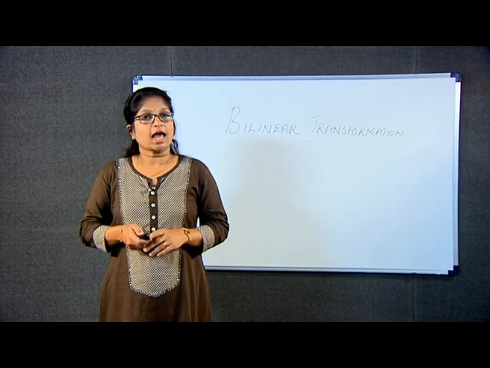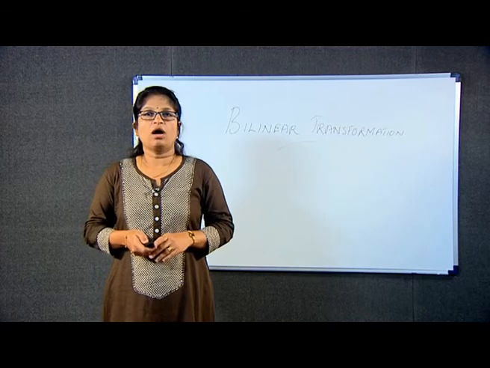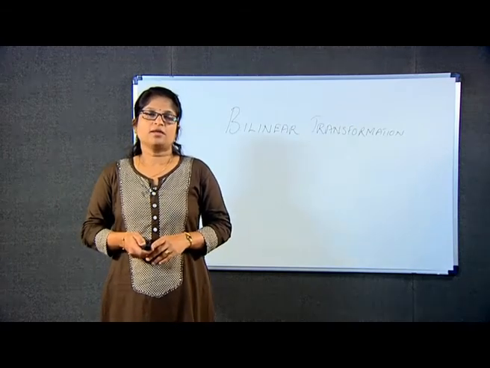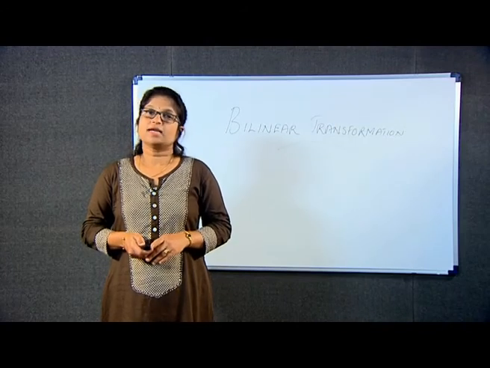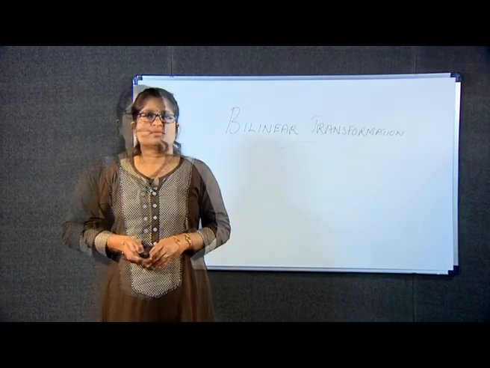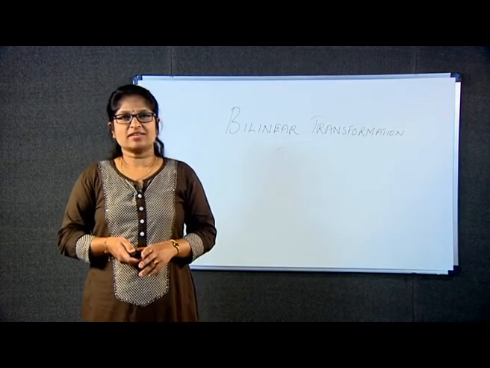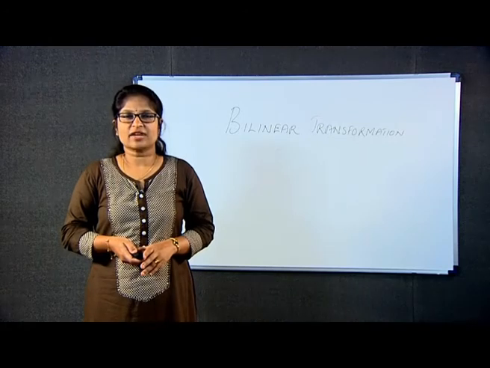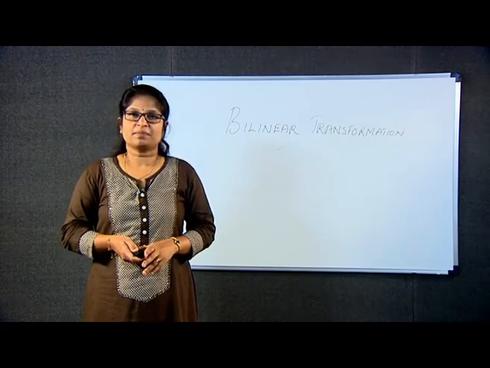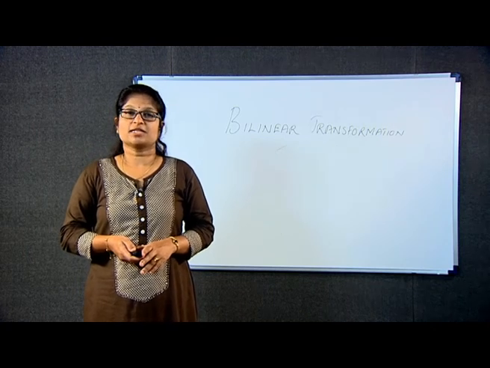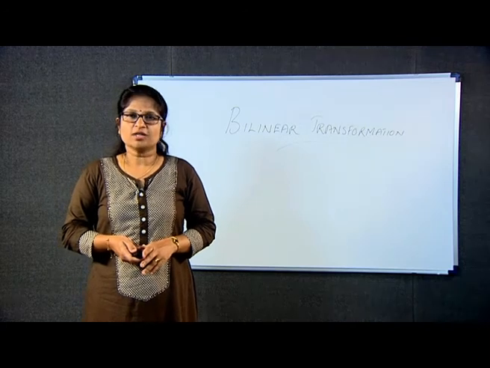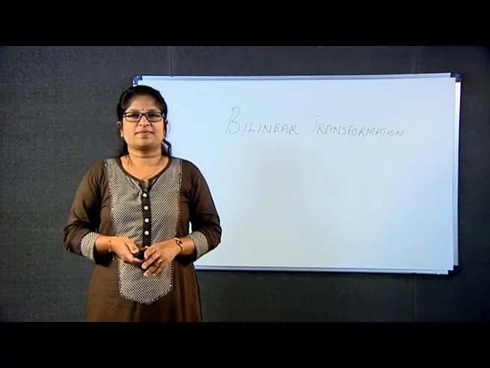Thus, given any bilinear transformation or linear fractional transformation, you can find the fixed points by simply substituting w is equal to z and then solving the quadratic equation. So now, how have we defined the bilinear transformation or linear fractional transformation? The transformation w is equal to az plus b by cz plus d, where ad minus bc is not equal to 0, is your bilinear transformation. We call it also the Mobius transformation.